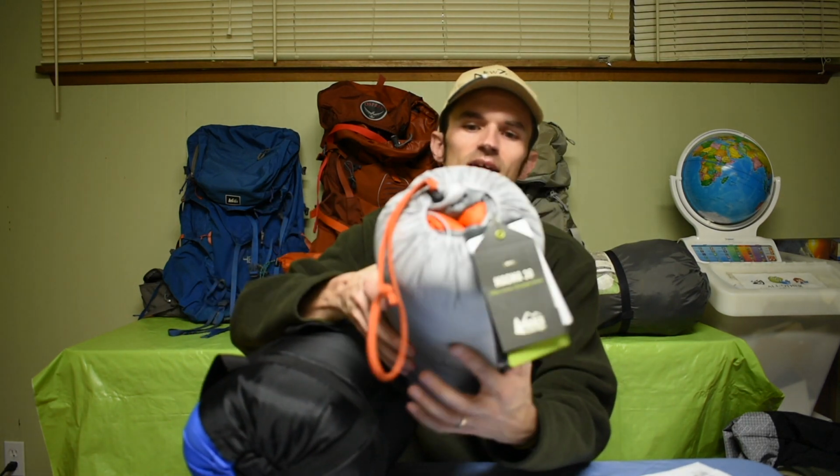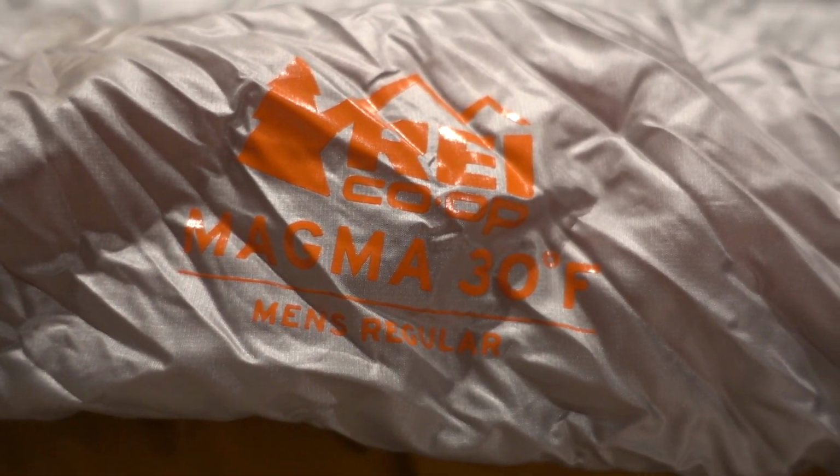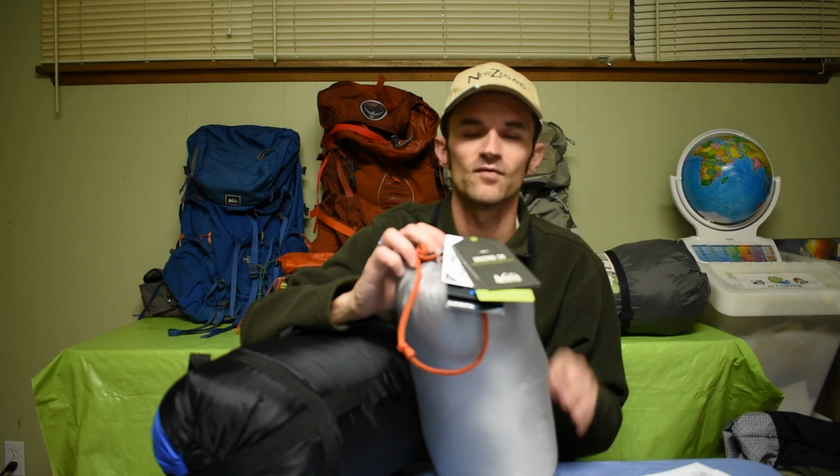So this is just over a pound, and the only downside to this bag, get the pun there, downside, ha ha ha, down. Hey, I'm a dad. This is a 30 degree rated bag, and by 30 degrees, that's the lower limit that's been tested for. It's actually comfort rated at 39 degrees, so I might as well call it a 40 degree bag